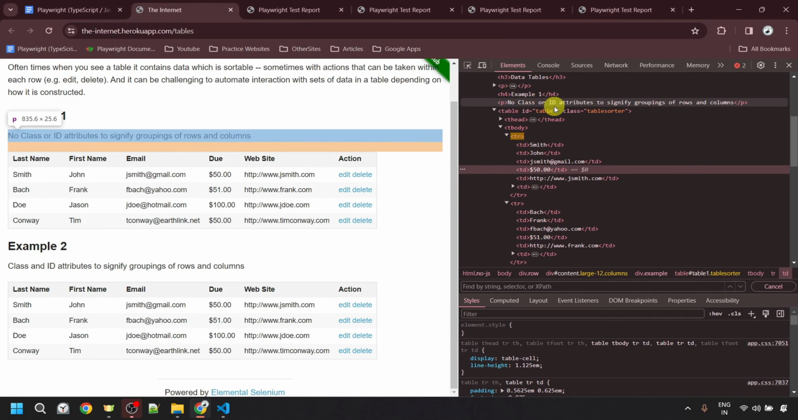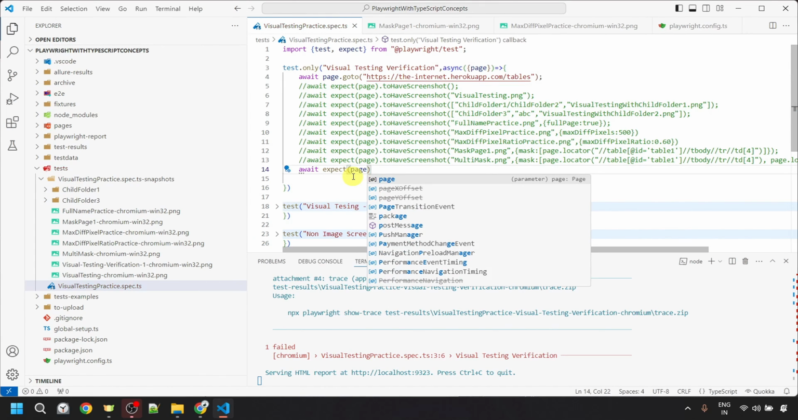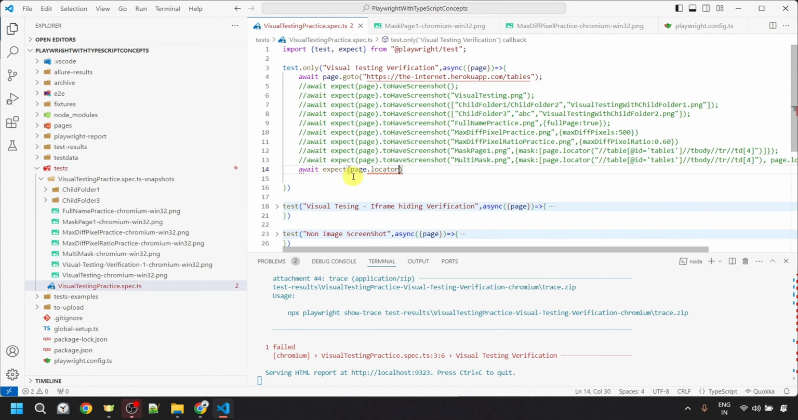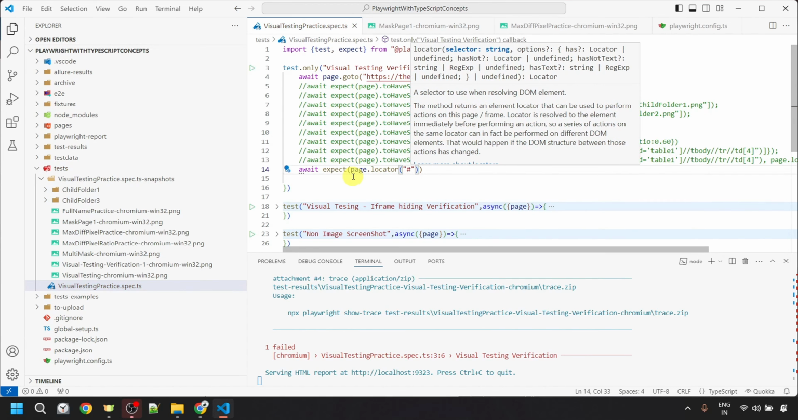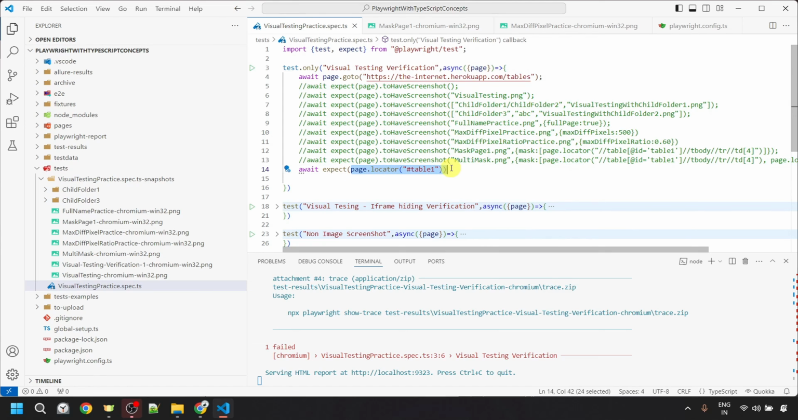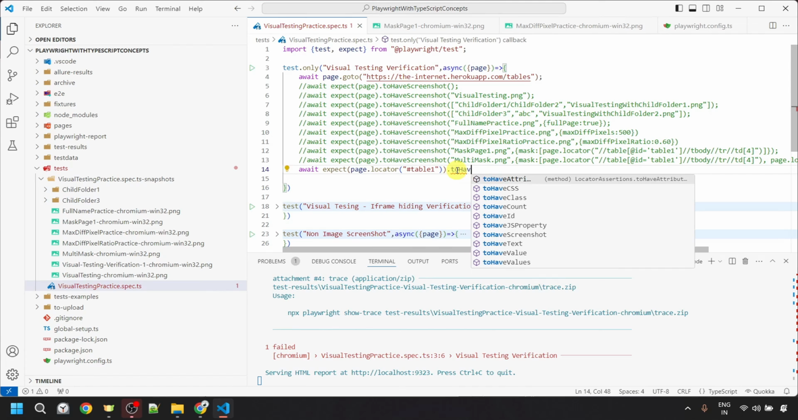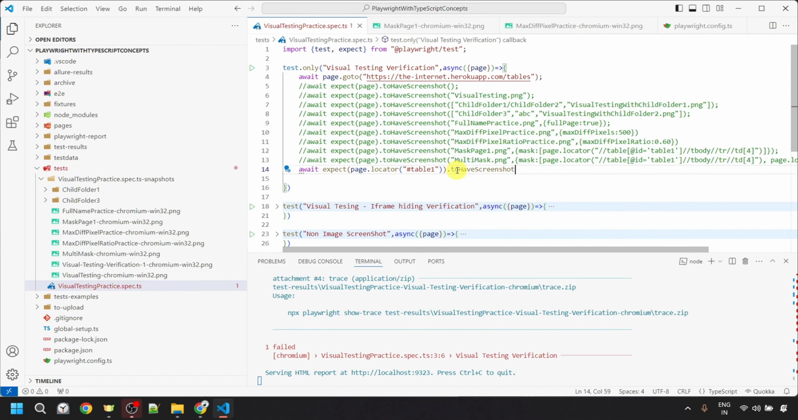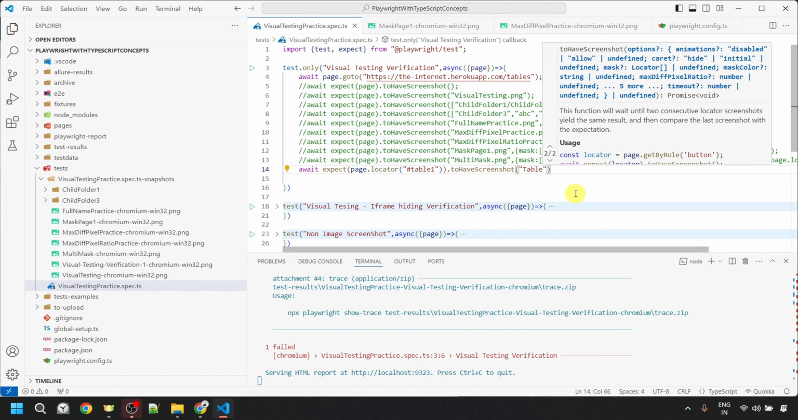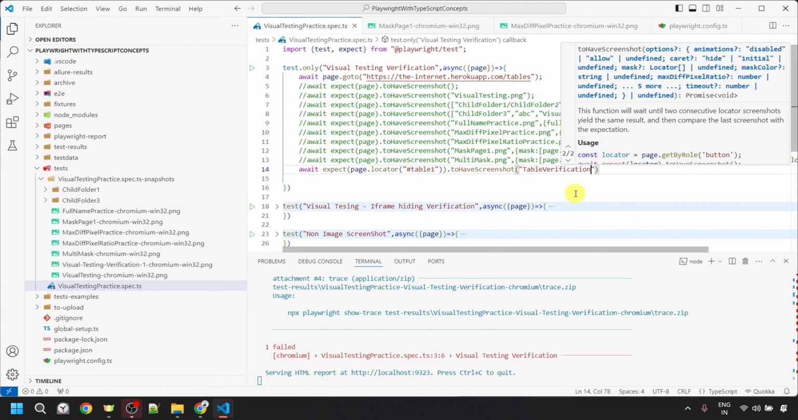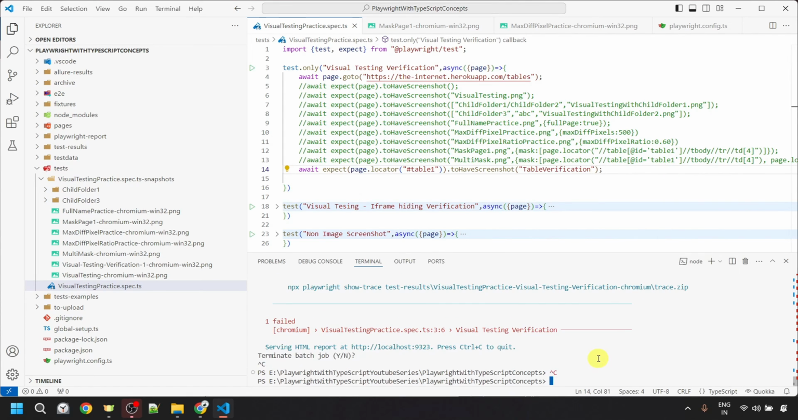So here let's detect this table. For this table we have table1 as the id. On the basis of it I can detect this table. So I'm going to use the page.locator method, and here let's use the CSS selector, so hash and that id. So this is the locator which we have given, and after this we need to provide .toHaveScreenshot, and here let's pass the name as table verification,